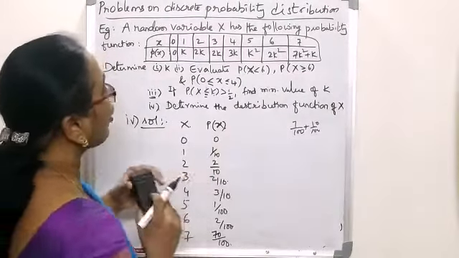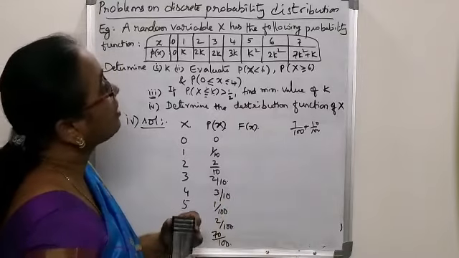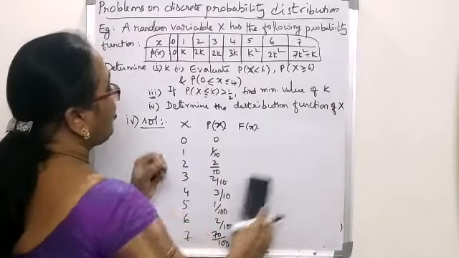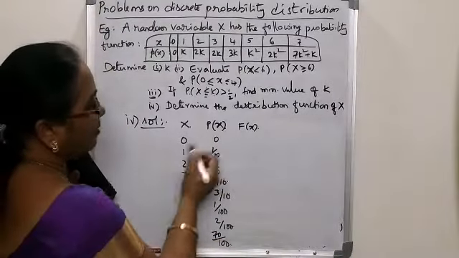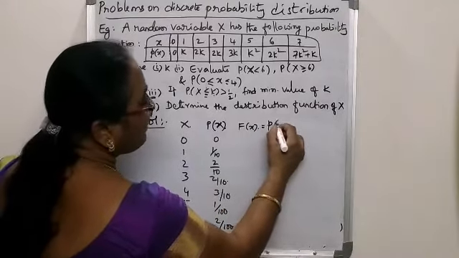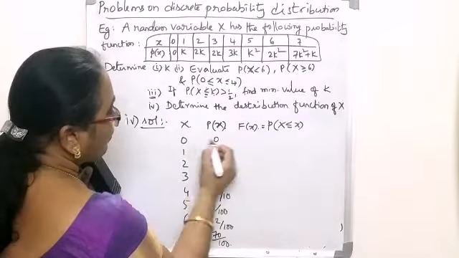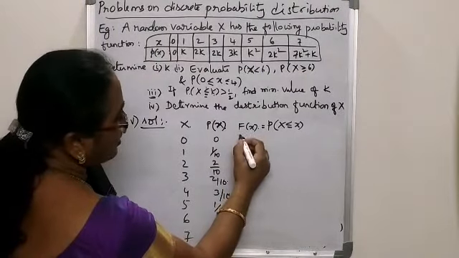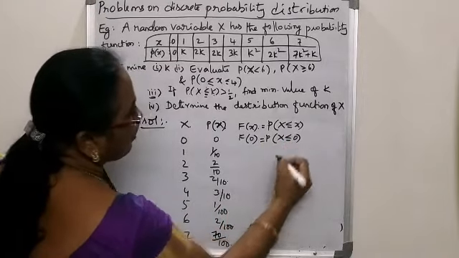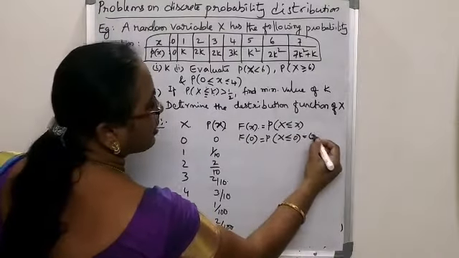Now, let us write the third column, which is F of x, which represents the required distribution function of the random variable x. Now, let us calculate accordingly. From this x and P of x, what is our F of x, which is nothing but P of x less than or equal to x. So, what is our first value of F of x? It is F of 0, the probability that x is less than or equal to 0, which is the probability that x equal to 0, it is equal to 0.